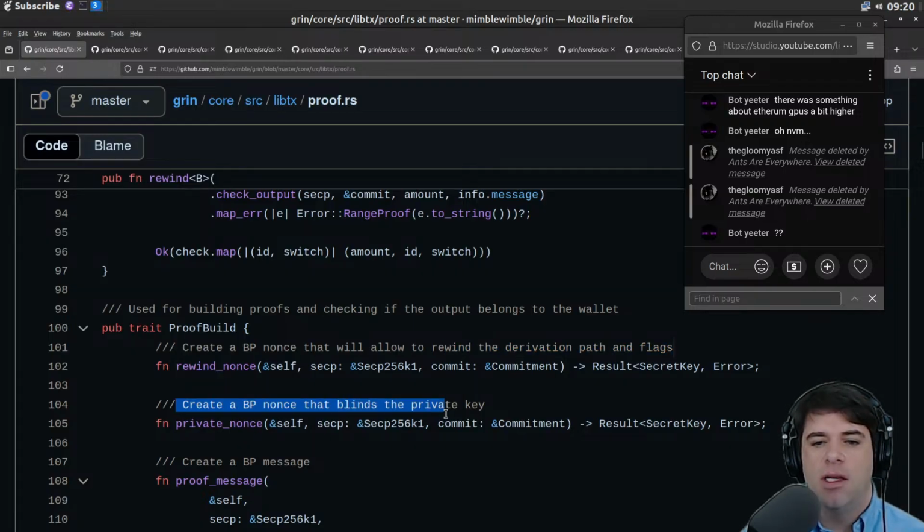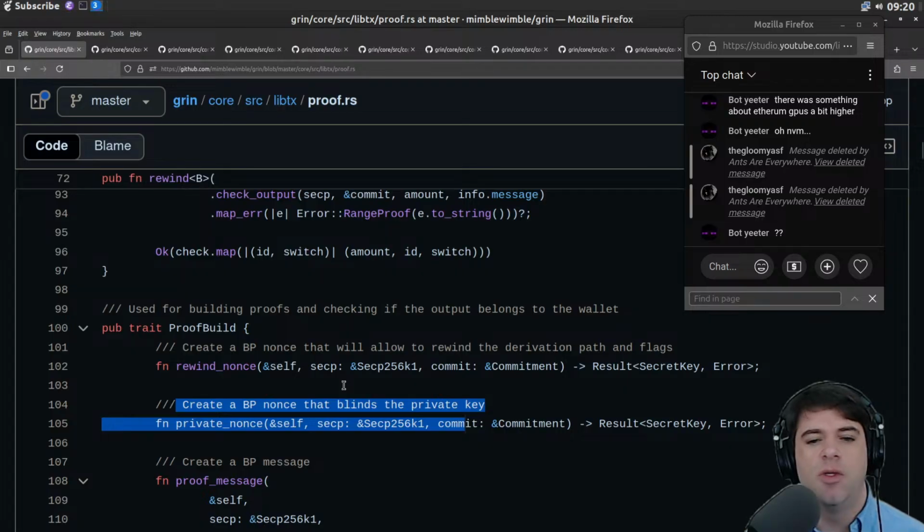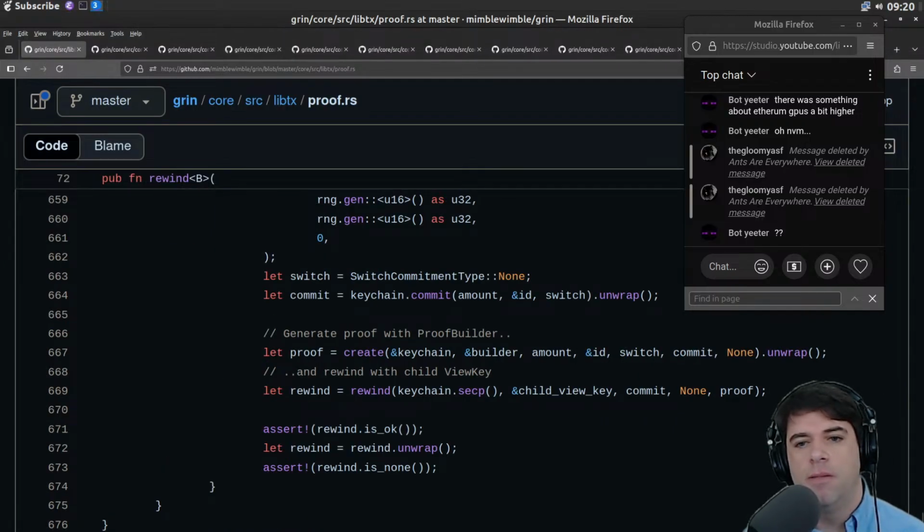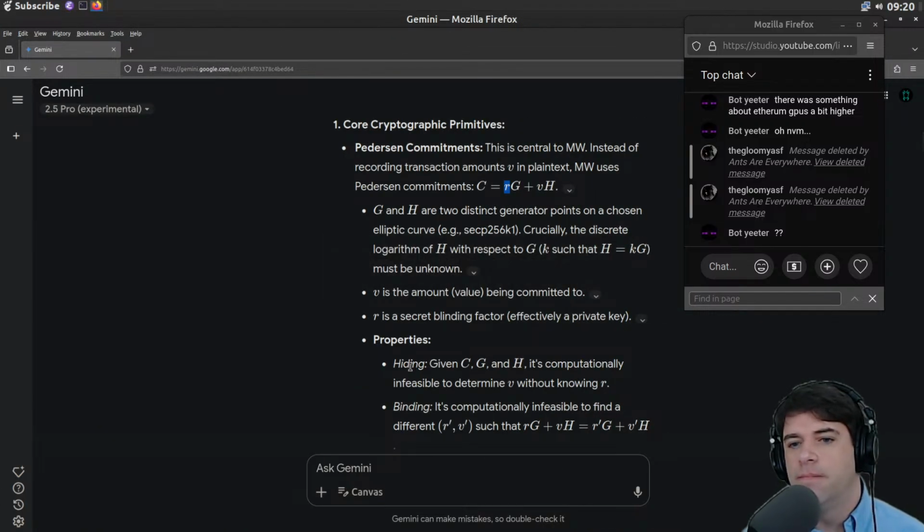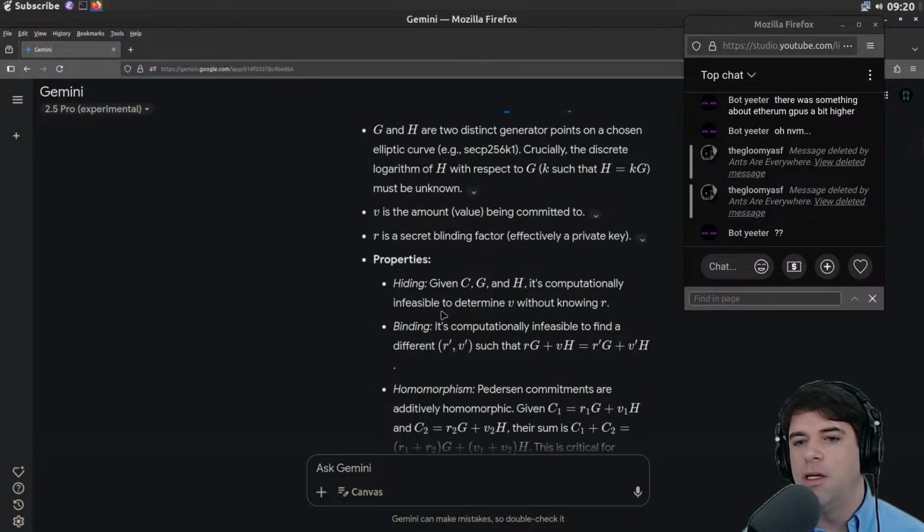And then we can create a BP nonce that blinds the private key. So that should be the blinding thing. Oopsie. Where did blinding go? Here. Or, I don't know.